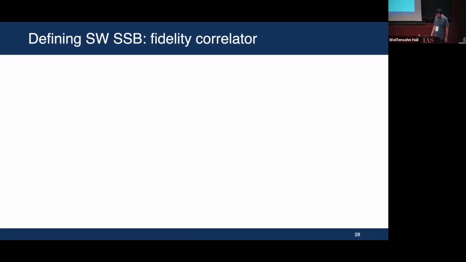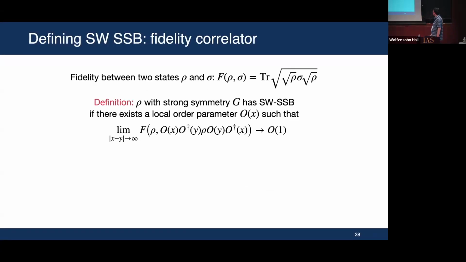All right, so here's the formal definition. It's given in terms of this quantity called fidelity between 2 quantum states, 2 density matrices, rho and sigma, and it takes this form. So it's just a definition of fidelity. Given any 2 states, I can define fidelity. If it's 1, it means the 2 states are exactly the same. If it's 0, it means the 2 states are supported on orthogonal spaces, so they are maximally different. And it's between 0 and 1, so it quantifies how similar these 2 states are.